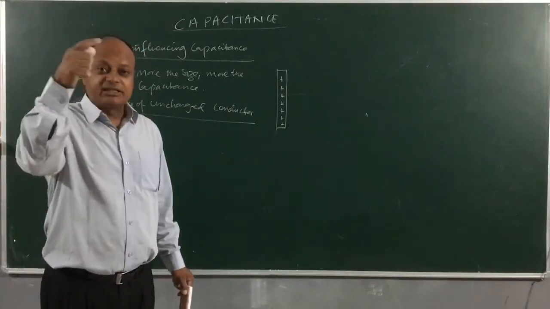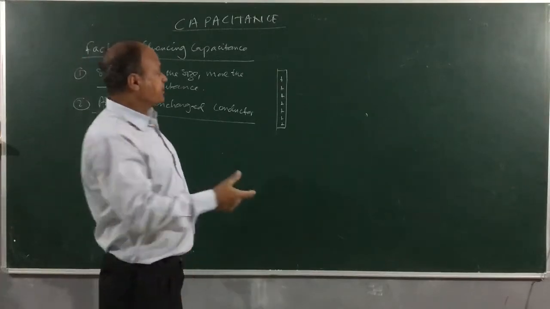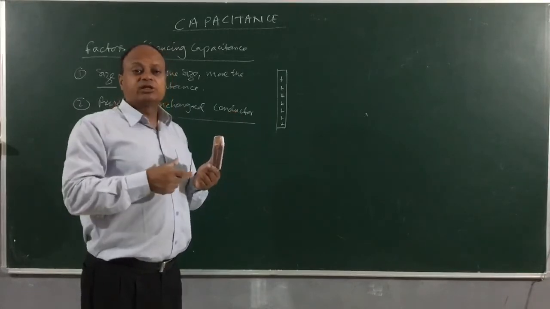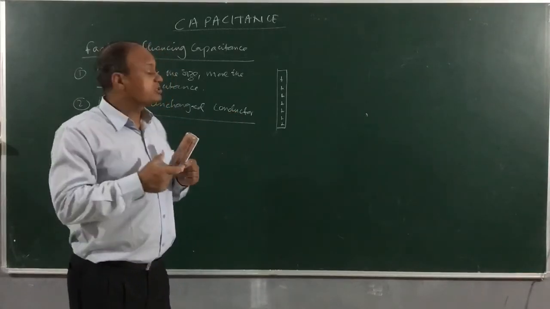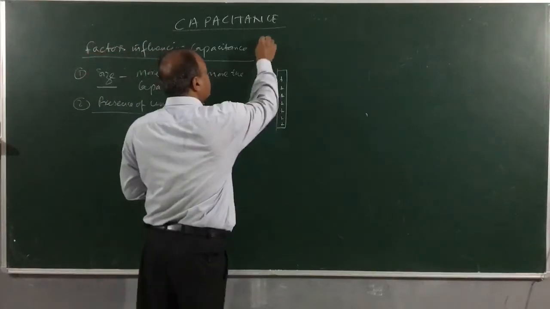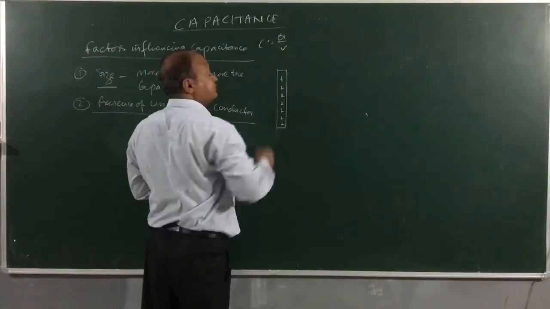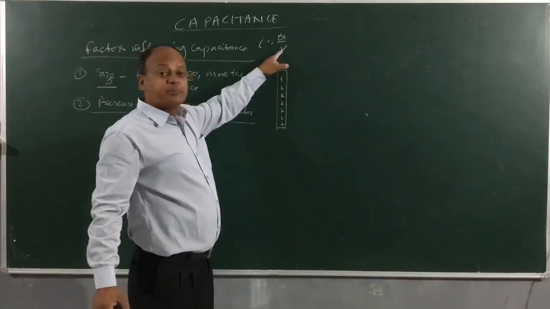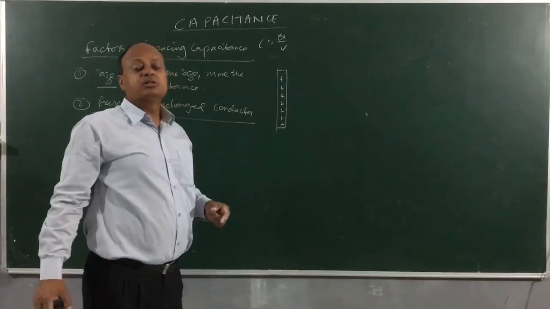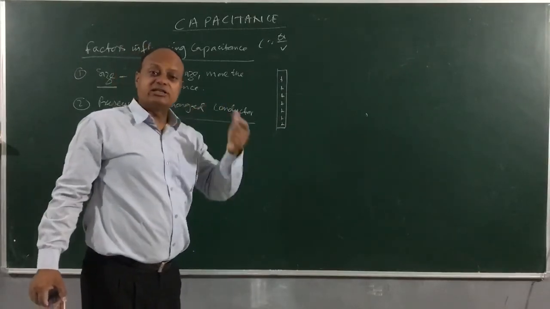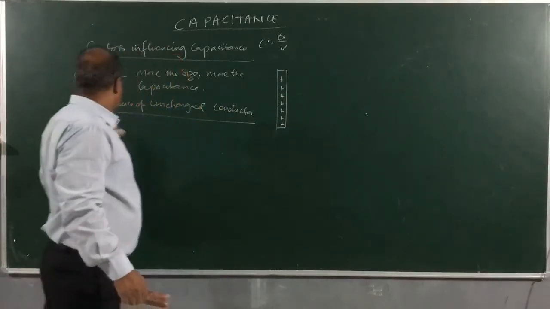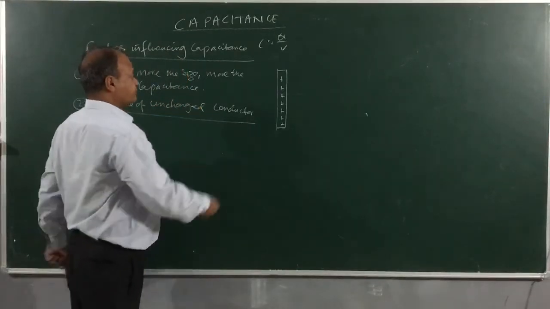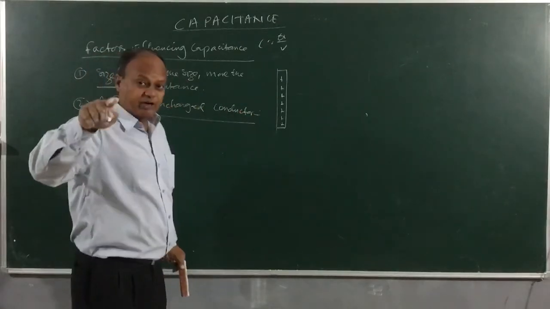If I can't change the size. I cannot change the size because I am being given this duster. I want to charge this duster. I can't increase the size. So you can ask, how can I increase this capacitance? Because you said C is equal to Q by V. If on the same charge Q, I could reduce the potential, then I could, what could I do? Then I could increase its capacitance. So, presence of uncharged conductor. Let's see what is the effect before I give you the notes.